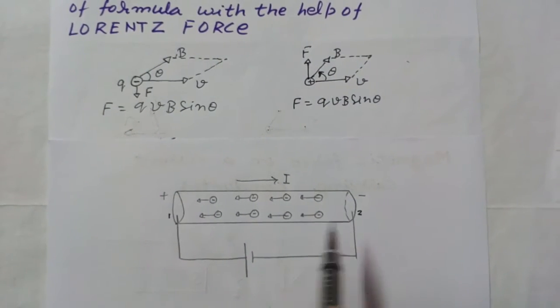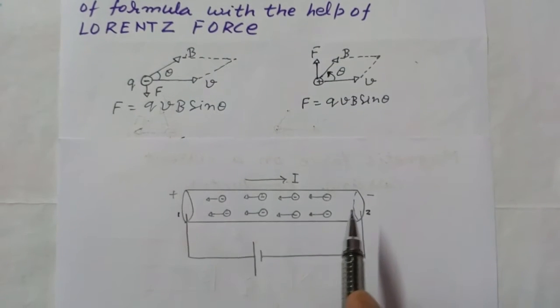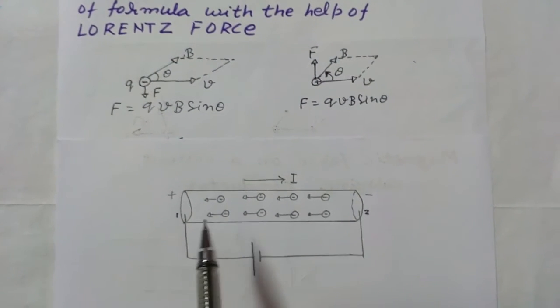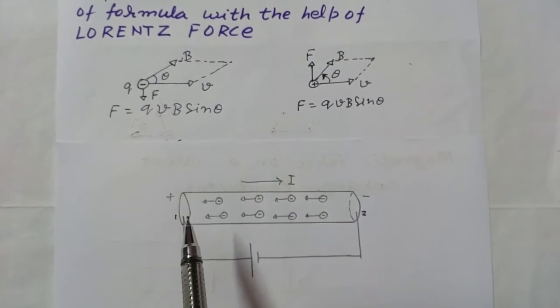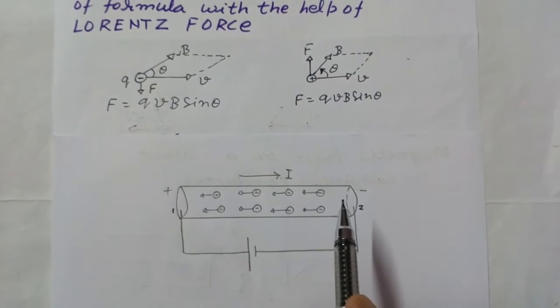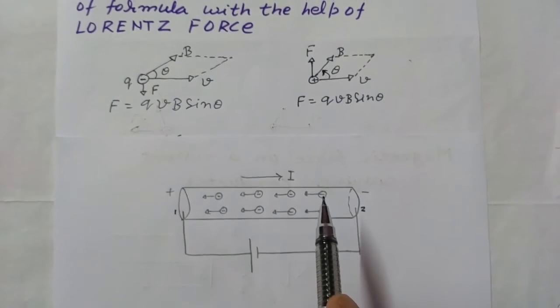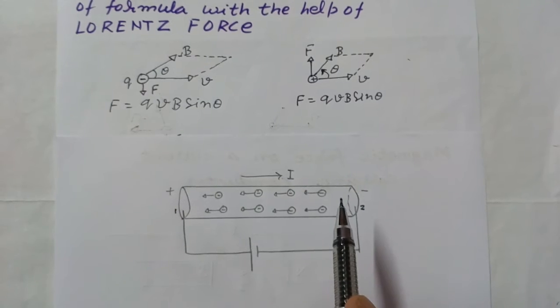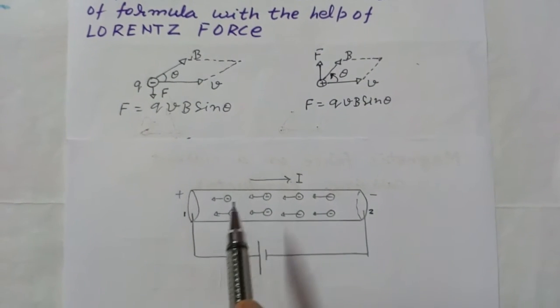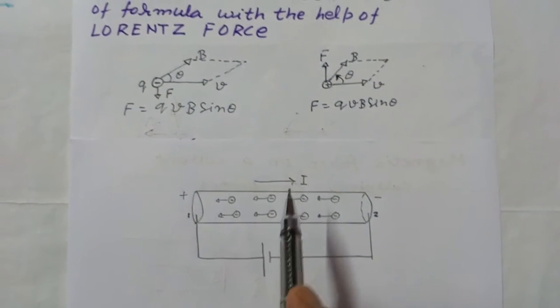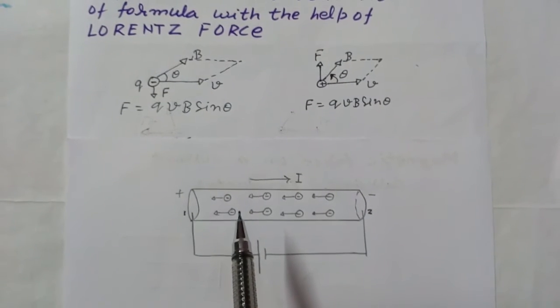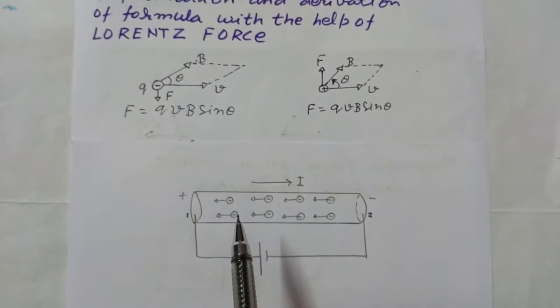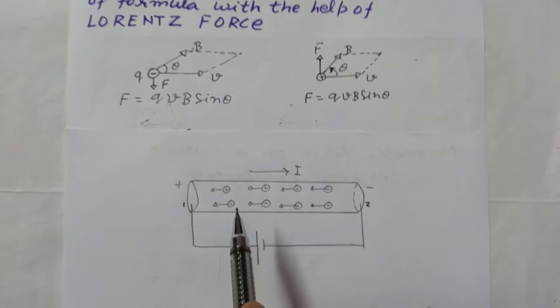So an electric field is established inside the conductor. Direction is from left hand side to right hand side. So electron drifts with velocity Vd from right hand side to left hand side, and direction of current is taken opposite to it. So since electron is moving and now we keep this conductor inside the magnetic field,